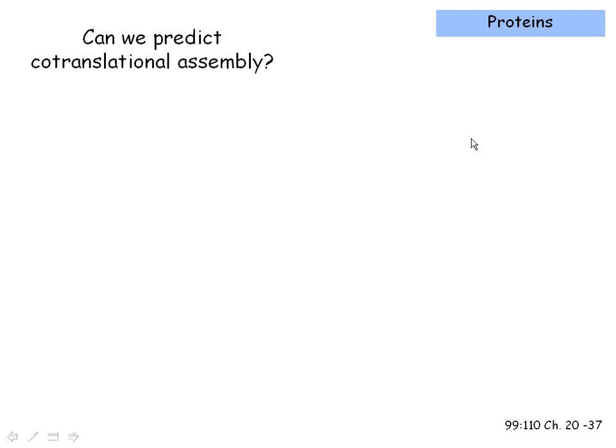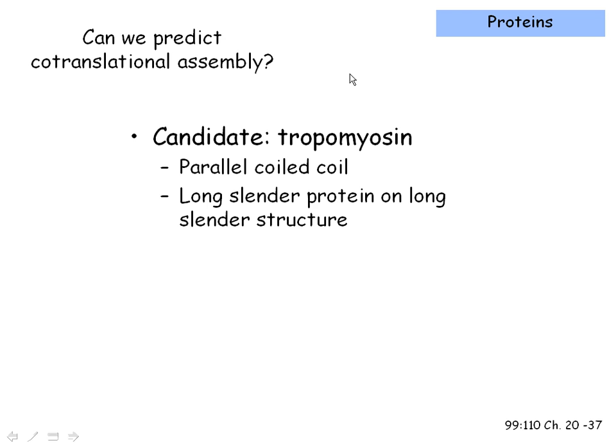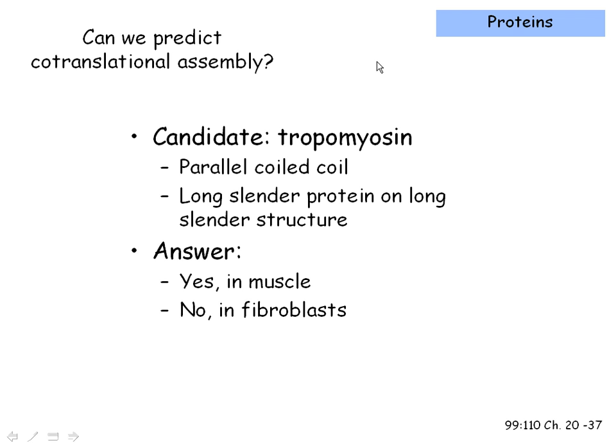And so if we take those features, it'd be nice if you can predict it. In science, it's always nice if you can predict things. And we decided that a candidate for this was tropomyosin. Tropomyosin is another cytoskeletal protein, associates with actin filaments, and its attractive features were it was a parallel coiled coil, like the vimentin and the myosin, and it was a long, slender protein on a long, slender structure, just like titin. So those are two features it shared with other proteins that assembled during translation. And did it? It does in muscle. So when we looked at its assembly in muscle, we found substantial levels of co-translational assembly,